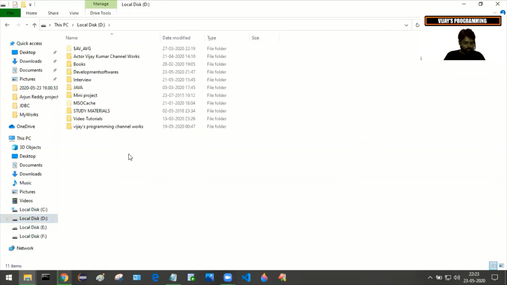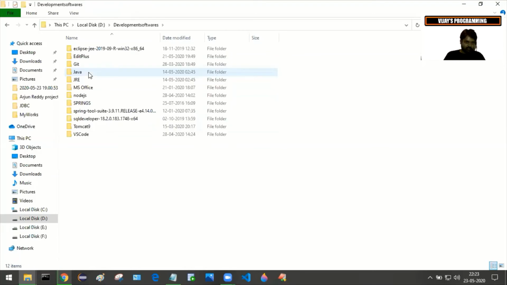To lower the OS load, I'm going to install it in a drive other than C drive. Development softwares, here I'm going to create one folder. Otherwise, in the installation itself, it will be taking the folder. Okay, it will be creating the folder.